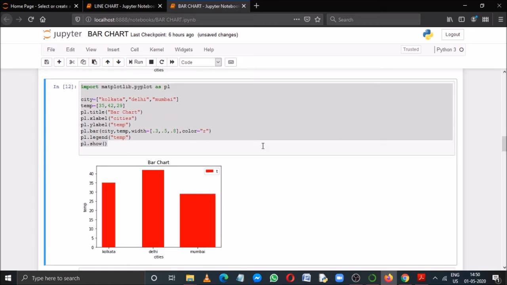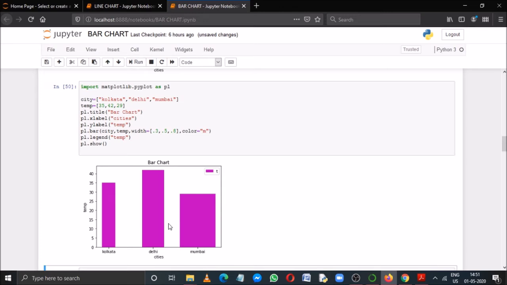I've used the same program as the previous one. The only difference is here I have mentioned the third attribute in the bar function, called color. And you need to remember one thing here. The color spelling should be COLOR, all in small letters, equal to, within double quotes, R. That's why my bars are appearing in red color. You can write any other. Suppose instead of R, you write M and then run it, you'll get a magenta color bar.